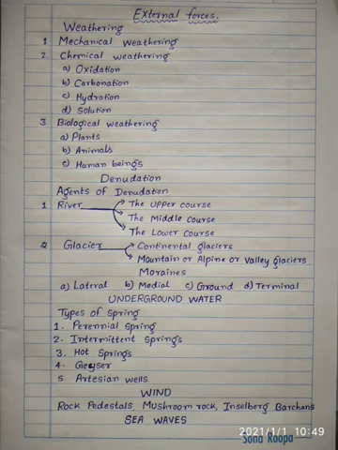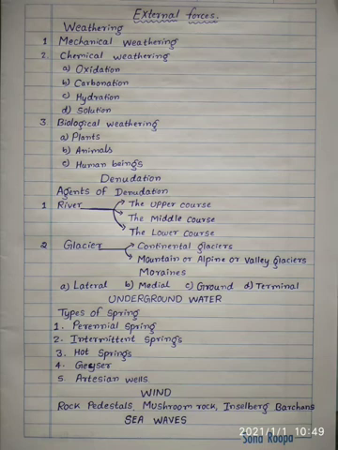So what happens, it is going to deposit some materials which it has carried from the upper course and middle course, and dump them into the lower course. There you can see the flood plains, natural levees, oxbow lakes, and deltas. For example, deltas form where the two rivers meet, and there it is going to have some kind of